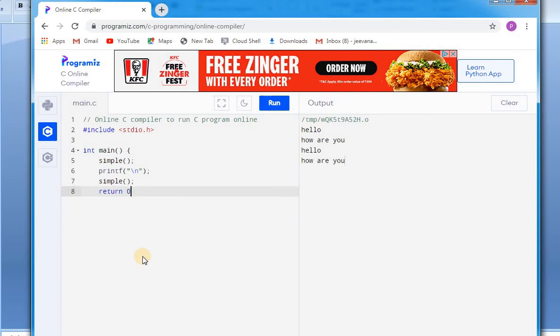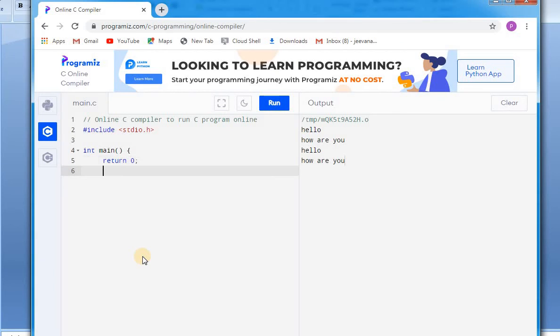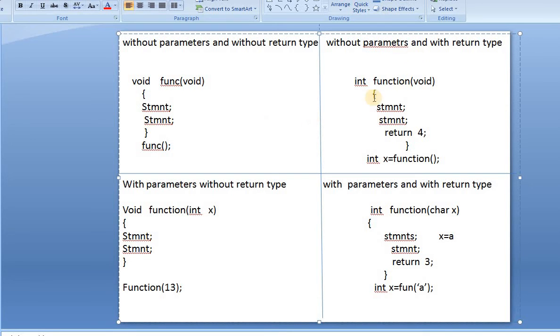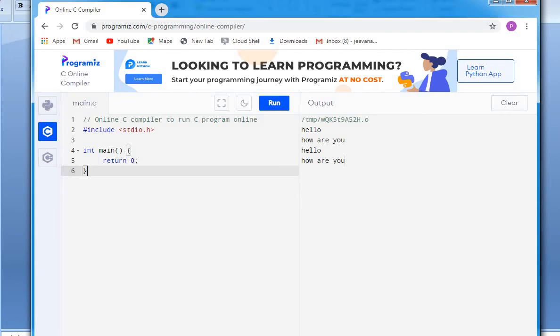I'll show you another type. We have completed this without parameters and without return type. Now let us see with parameters and with return type. So here I'm using both. So int function, and let us take a value int x.